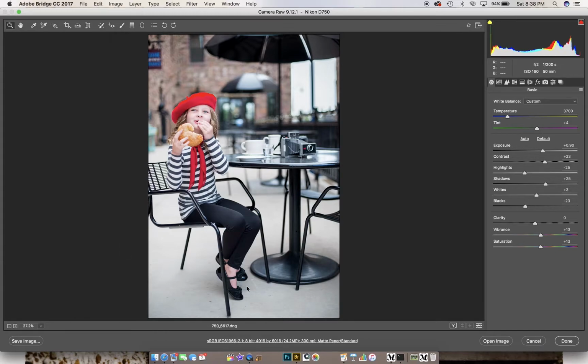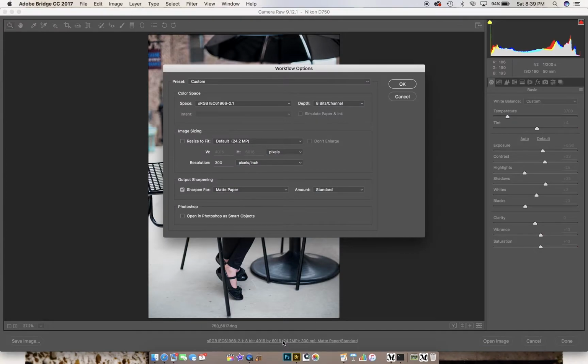And as I open this, the first thing that you should do when you start working in Camera Raw is select what size you're going to be working with, or what resolution you're going to be working at. For whatever reason, some Canon cameras are set to like 240 pixels per inch, you need to change this to 300. Most print houses now, or print shops, whatever you want to call them, they've all got 300 DPI printers,